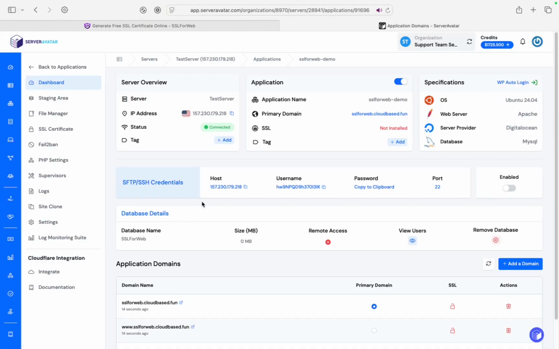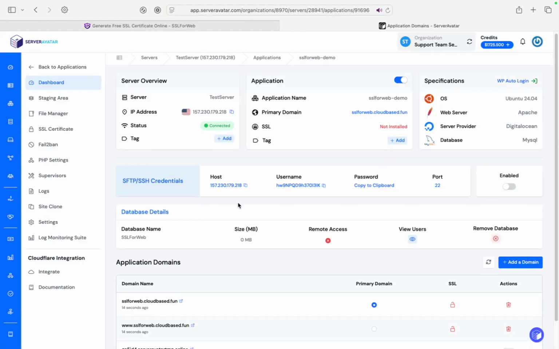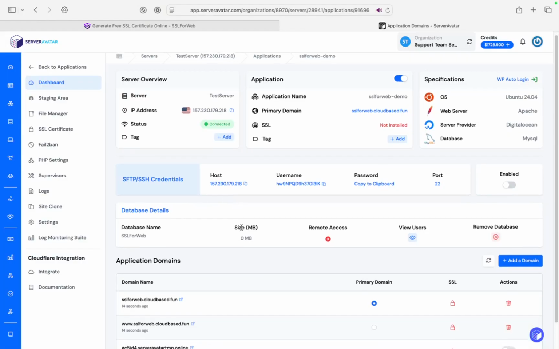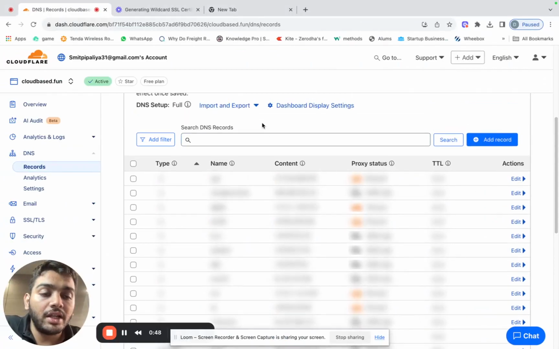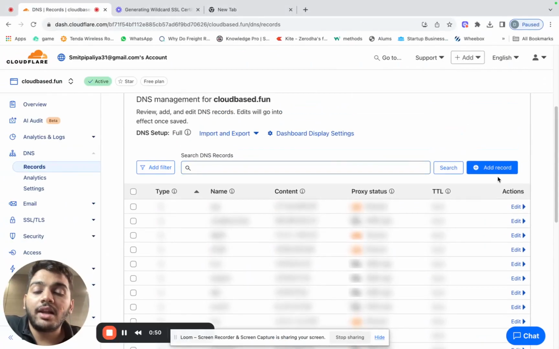Here you can see that our application has been successfully created. But here one step is still remaining. We have added the primary domain as ssl.web.cloudbase.fun, but did we add a DNS record with our DNS management tool? No, we still didn't add any DNS record. So we will add an A record for SSL for web in a DNS management tool, that is Cloudflare, which I am currently